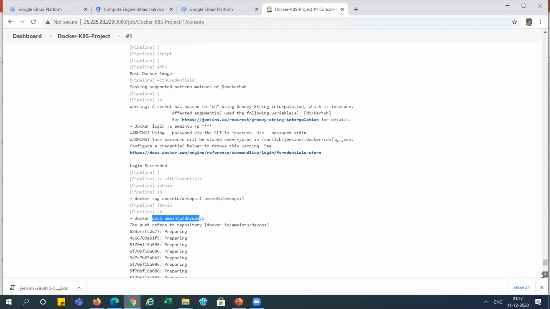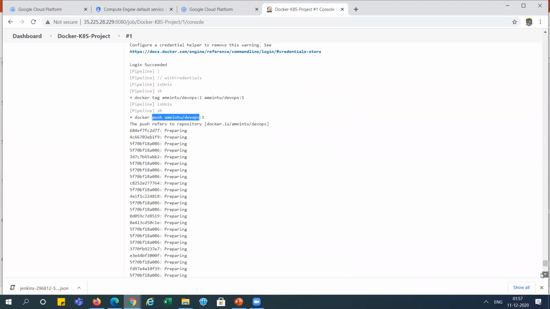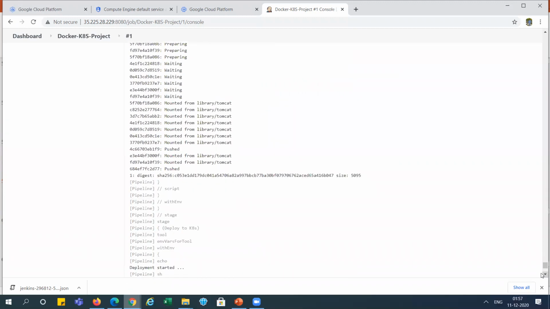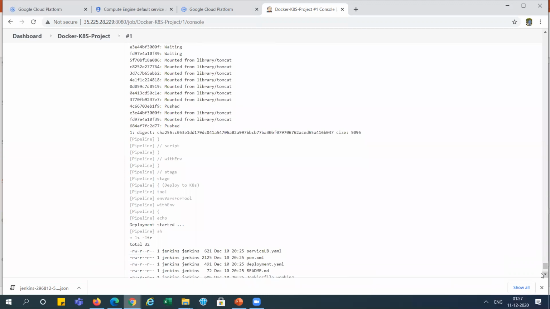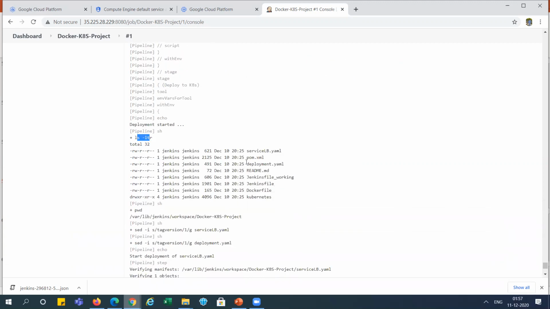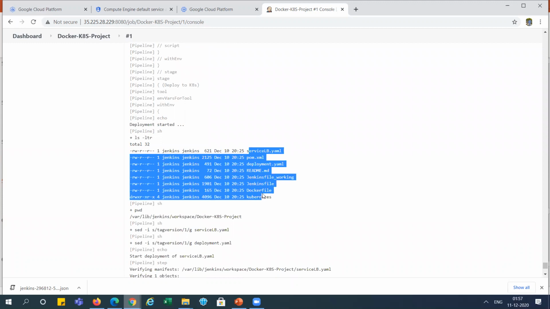Now let's check what happened with that, right? Deployment, this is Kubernetes, it's called deploy started. ls -ltr, it is showing the details for all our files. pwd is showing the path where it is, right?